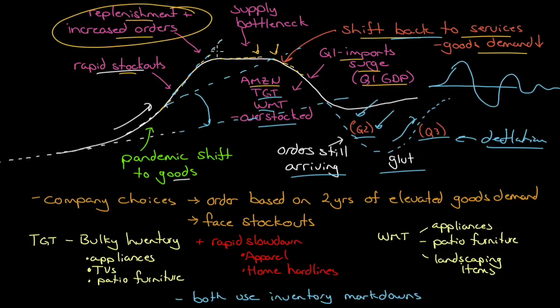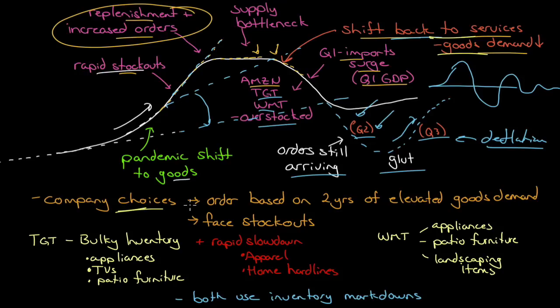You're going to get these swings both ways before it settles out again. You had the overshoot this way, you had ordering to build up, and then you have the undershoot going on right here. Now you may think, well, couldn't companies see this happening? Couldn't they have forecasted that? They're so good at what they do. They've got so much data. Don't you think they would have known that?